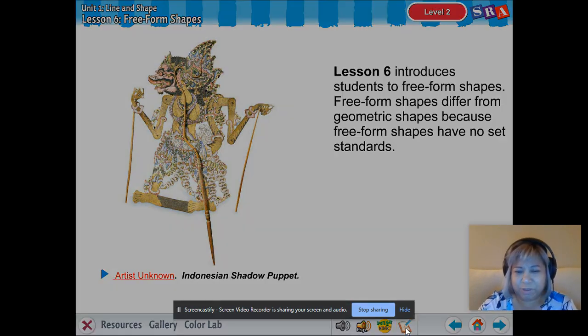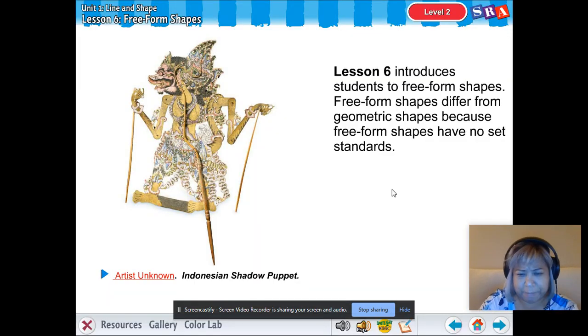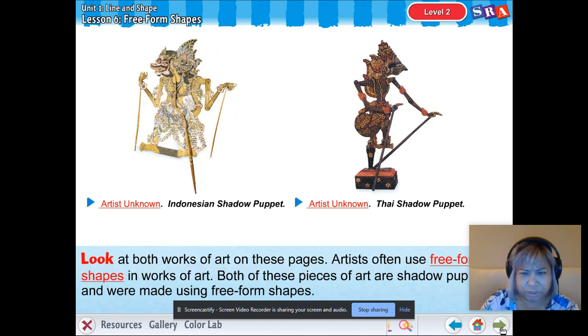Ooh, we have something cool that we're going to look at today. So you're going to be able to identify freeform shapes around you in your environment. You will be able to create a freeform shadow puppet at the end of this lesson if you want to. It all depends on if you have supplies at home or not. And we're going to be looking at 2 types of shadow puppets that you might see in the Pacific. Okay? So before we do that, I'm going to pop on over and I'm going to show you a little